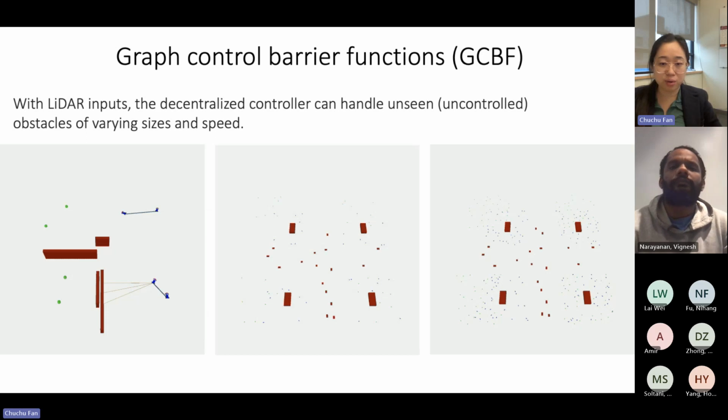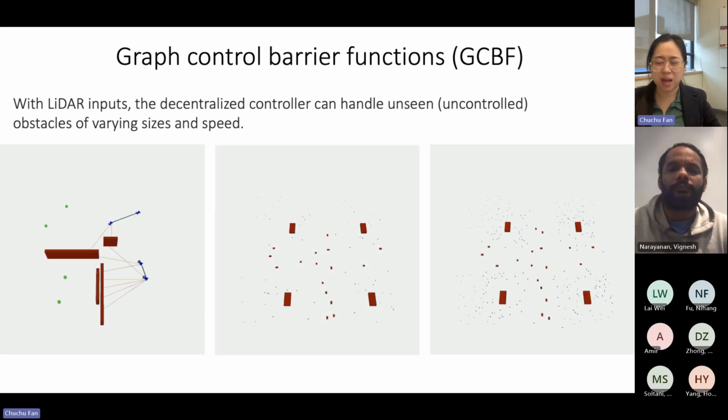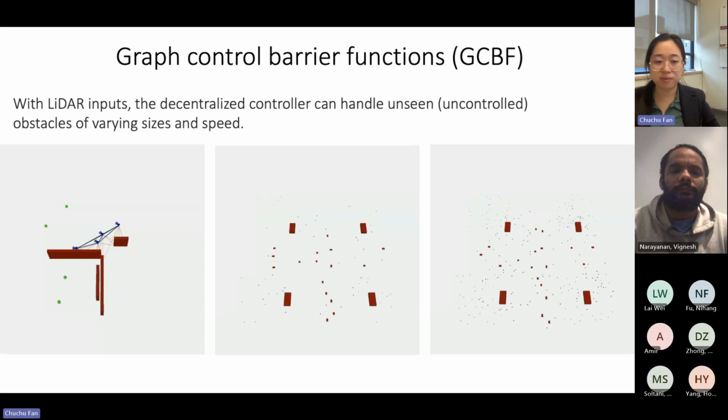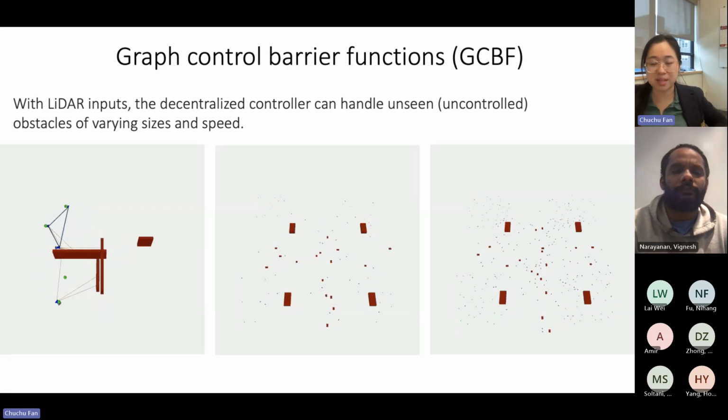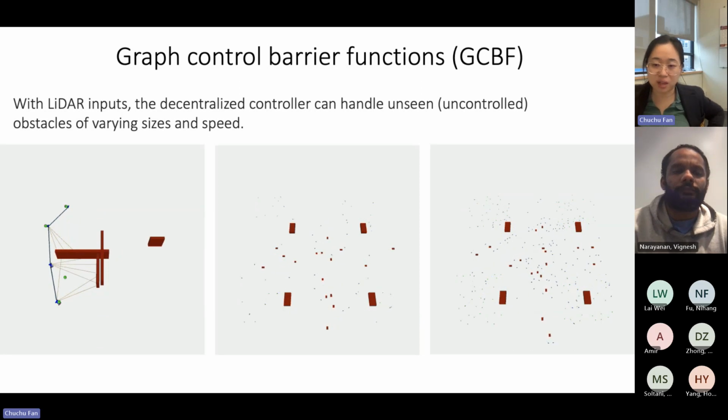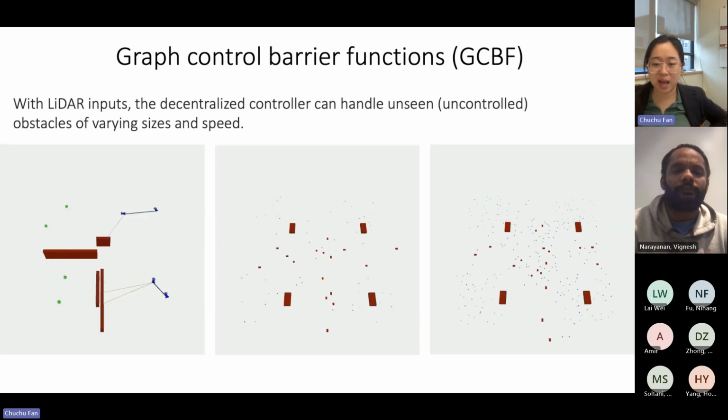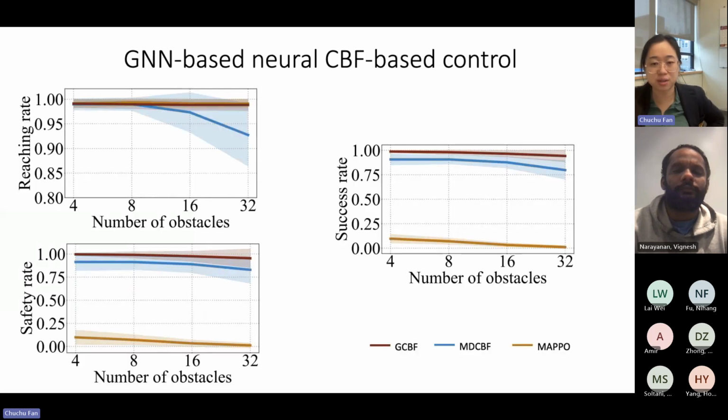We have also tried to add a lot more obstacles. Now we have obstacles with different sizes and different shapes. Here the shape will be more or less the same, but with different sizes and moving at different velocities. And we can see that the agents still do a great job of moving to their destinations. Quantitatively, we can see this even if we put more obstacles in this environment with hundreds of agents,